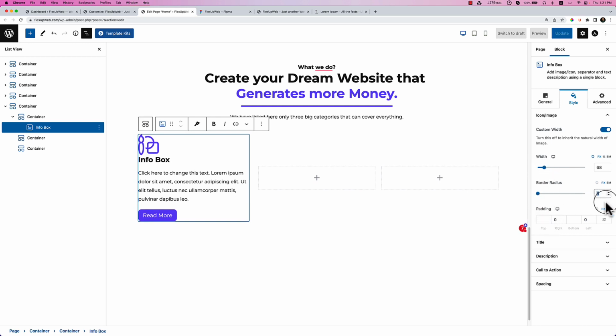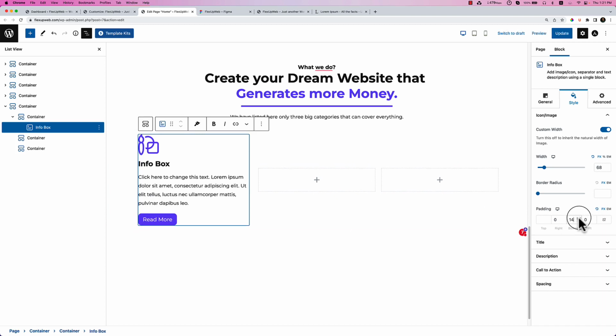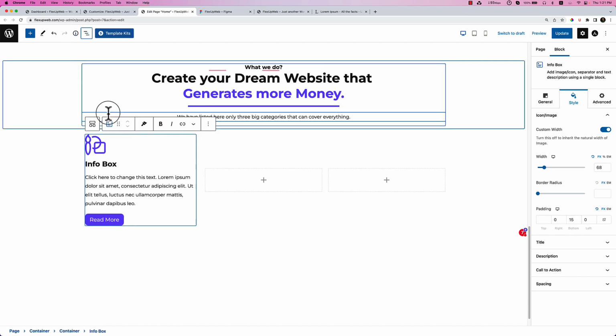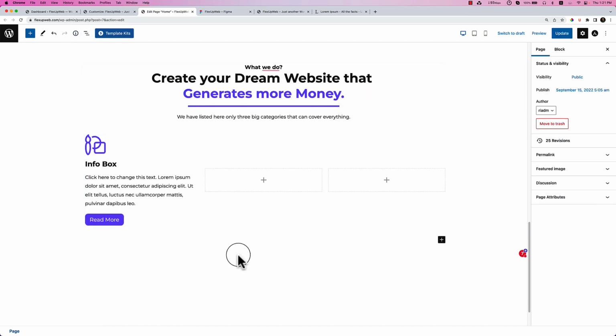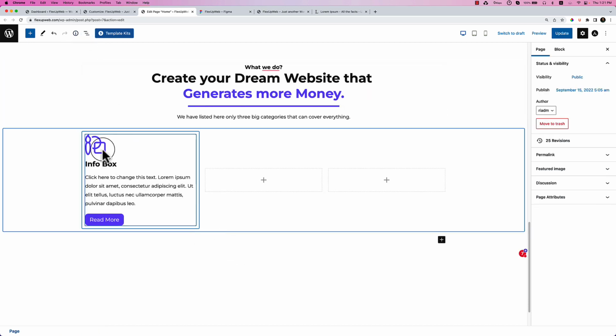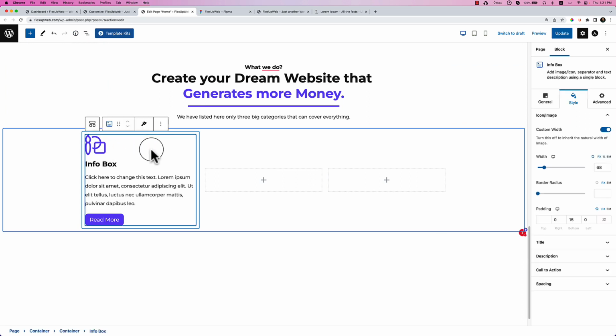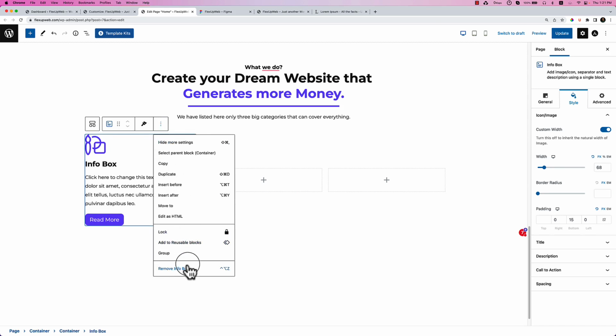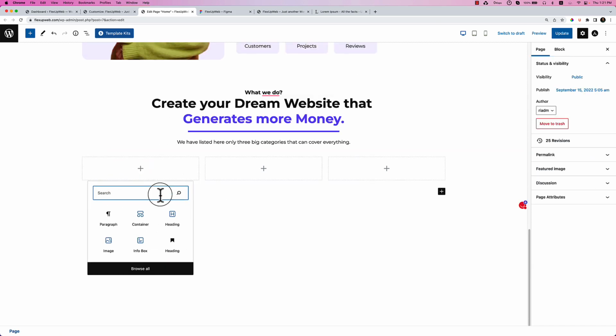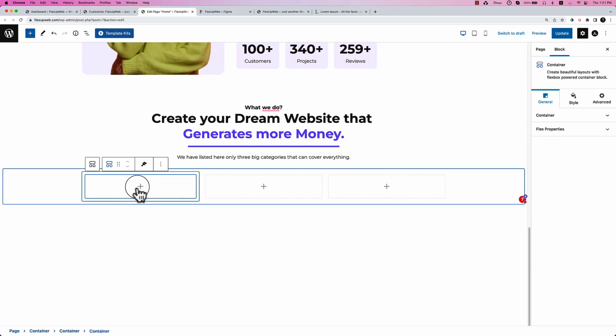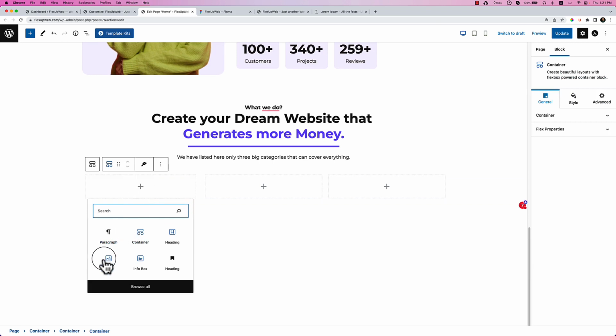So you can keep this one in this way, or you can use another method. Let me show you what I mean here. Remove the icon box from here and take another container. Inside the container, add image,